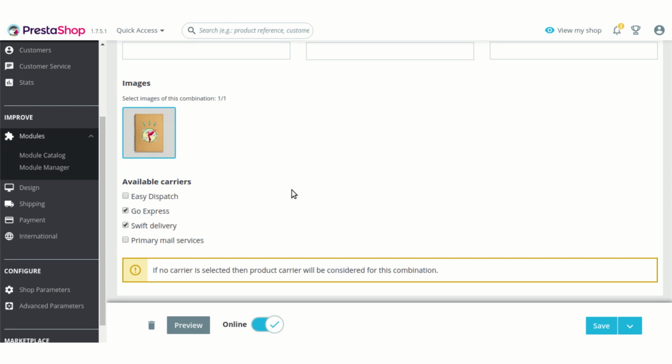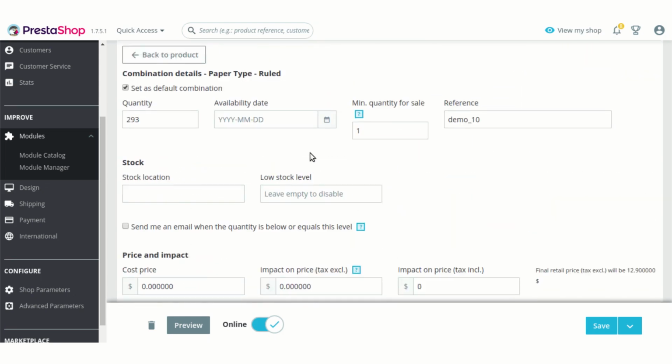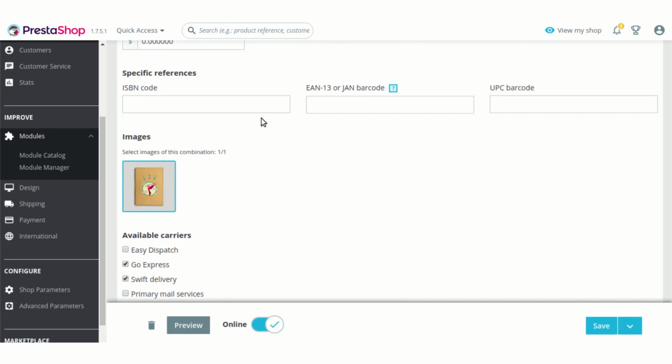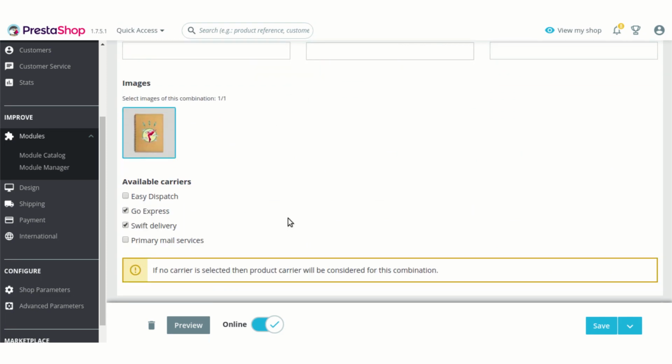For your information, if you select any particular carrier for a particular combination, then this setting from the combinations of the product will override the previous setting that you have selected from the shipping section. I'll explain how it will work.